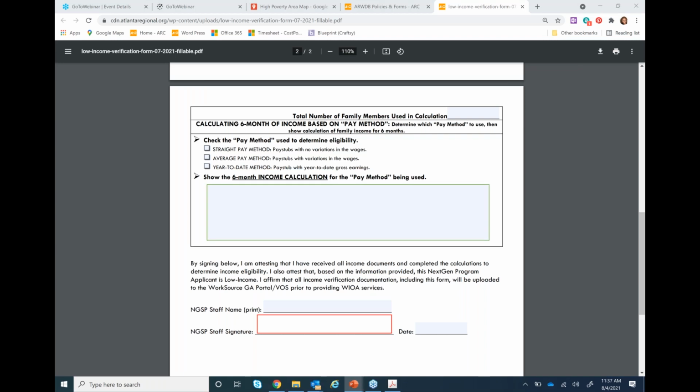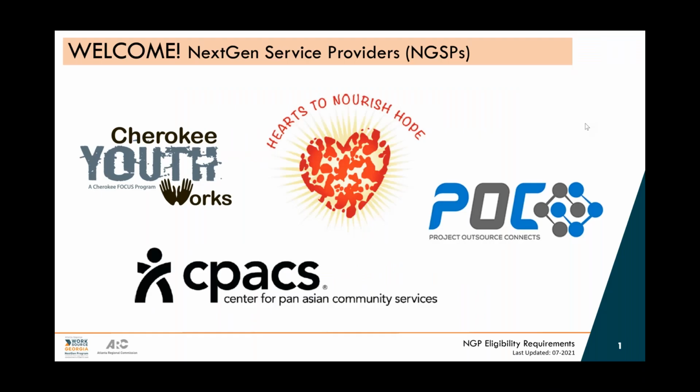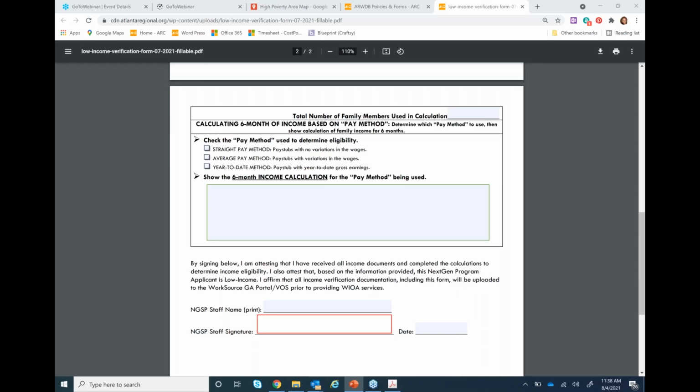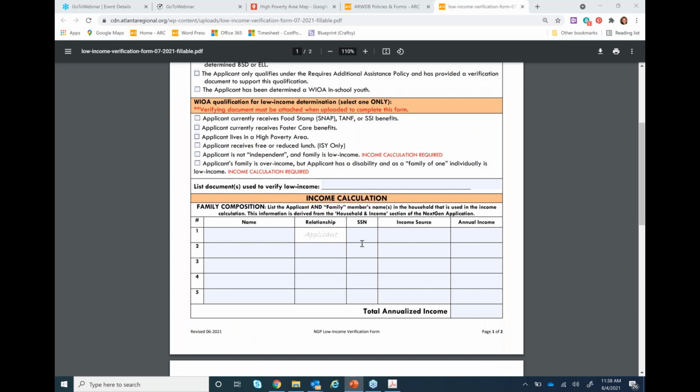There is a question. What if some family members, like an aunt or grandmother, do not want to give their social security number? As far as compiling documentation for income, you don't have to give a social security number. Only the participant needs to have their social security number. If you're talking about where it says last 4, that's just the last 4. You don't need it. So if they don't want to give it, fine.